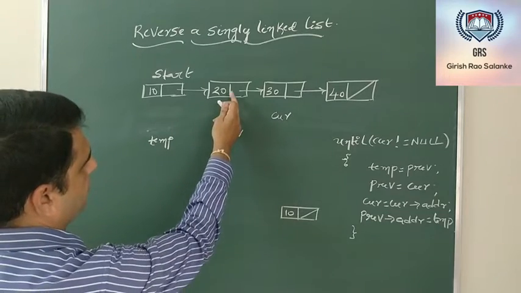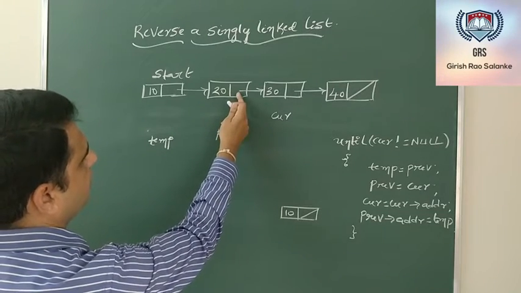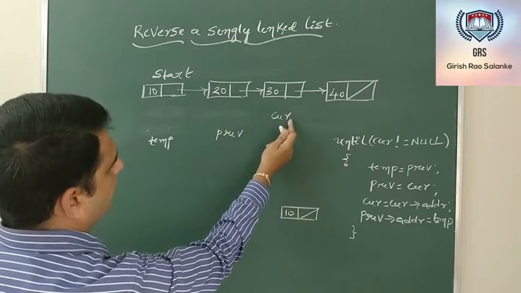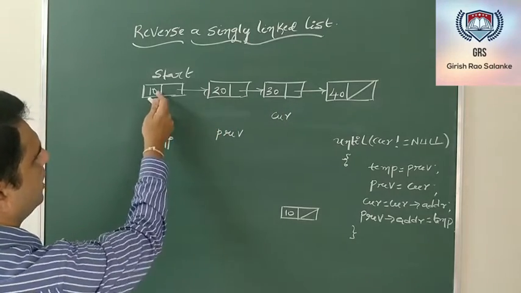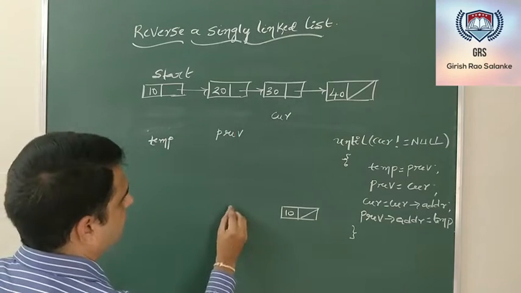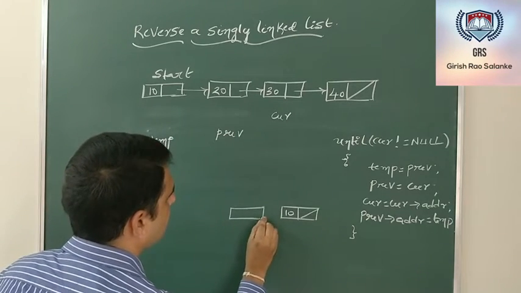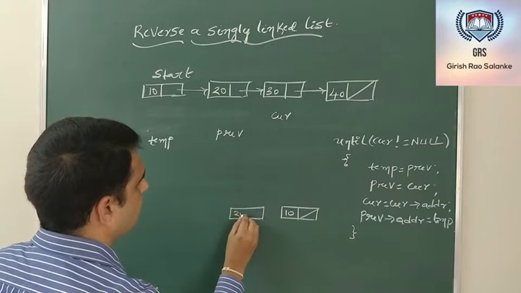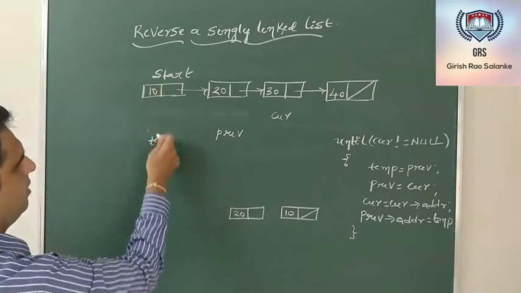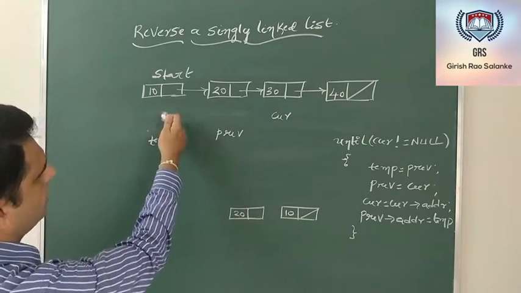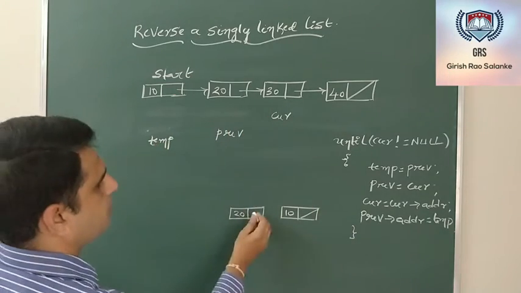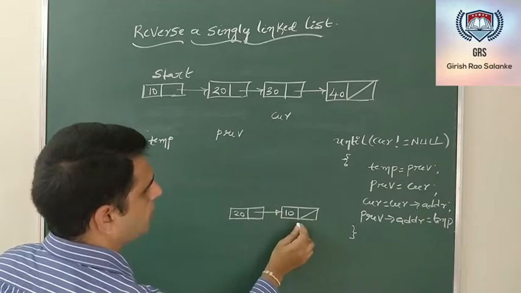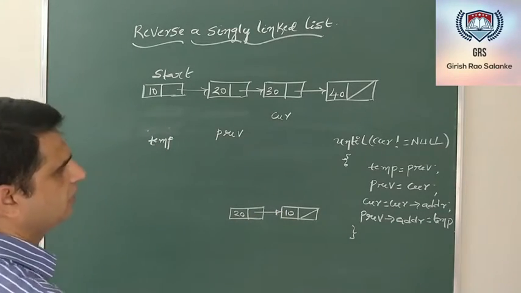Now previous of address is actually pointing to current. Now previous of address should be pointing to temp. Temp is holding the address of the first node. Now rewrite this here. This was my previous, wherein 20 was there, and temp is a node wherein information 10 is there. So previous of address is equal to temp, because this was my temp. So this was the second iteration.